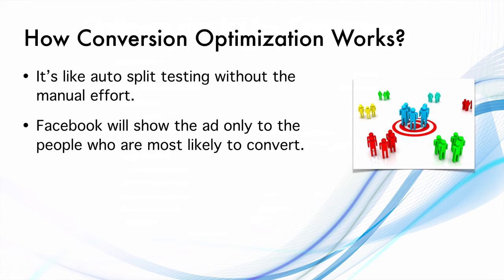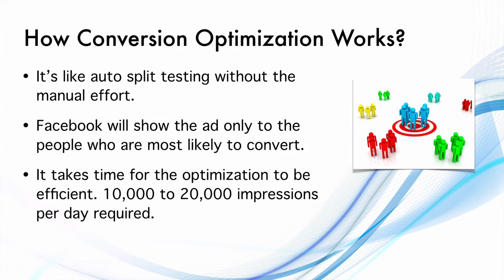And let's say Facebook shows the ad to some sets of people who actually converted, then Facebook learns that these people who have these characteristics, it may be the pages that they like, it may be the age of the people, it may be the gender, it may be the demographic location, it could be anything, right? So Facebook learns that these people are highly likely to convert, and Facebook starts showing the ad to these people first before the other sets of people. Only when the entire audience size starts getting exhausted will Facebook stop showing the ad.